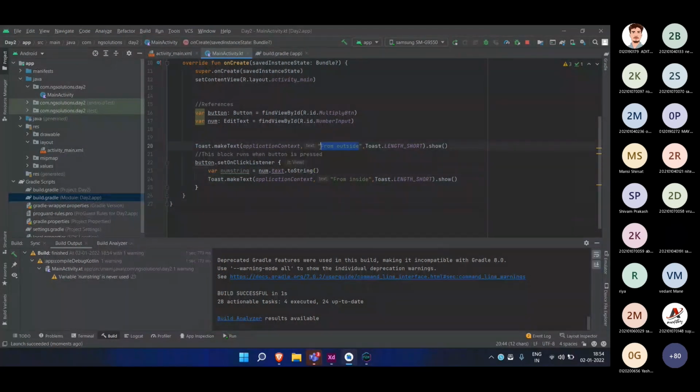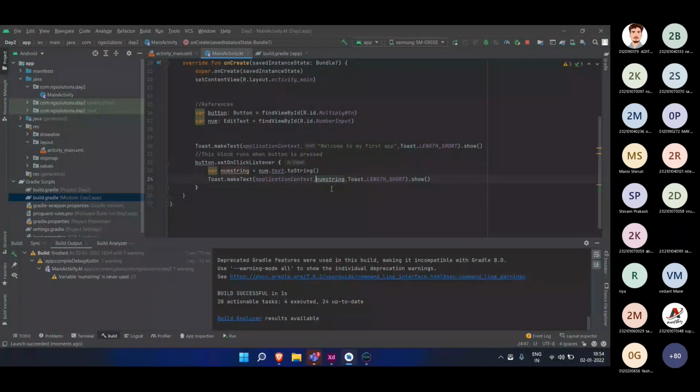So here let us try to write like welcome to my first app. Okay, and here I will write this num string. I will copy this and paste it over here, Control V. Since I don't want to write num string in the toast, I want to write the data which is present inside the num string.